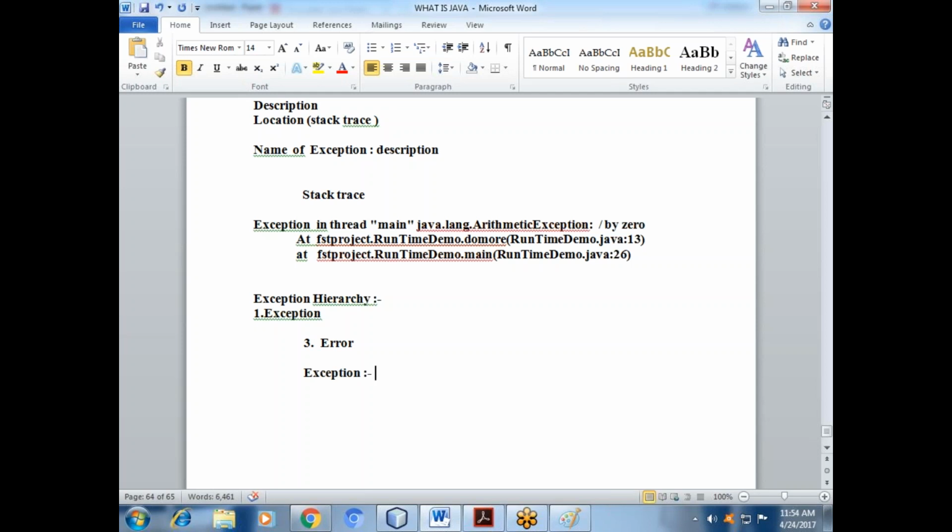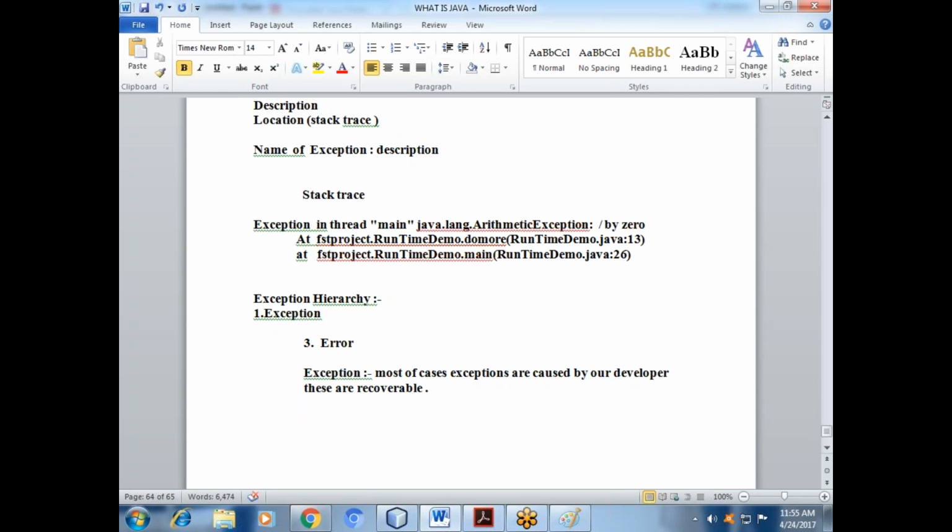Okay, so you can write: in most cases, exceptions are caused by our developer. Am I right? And these are recoverable. Got it?